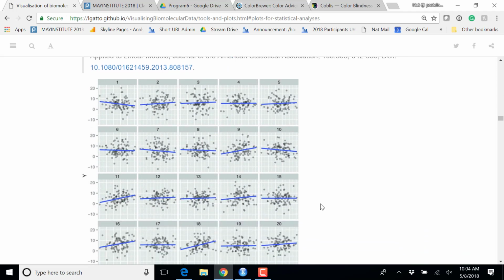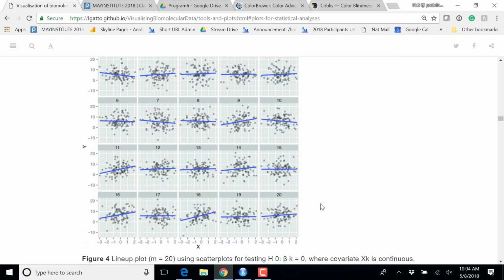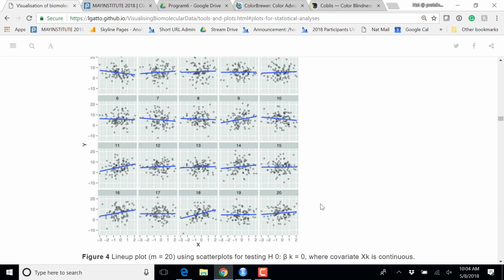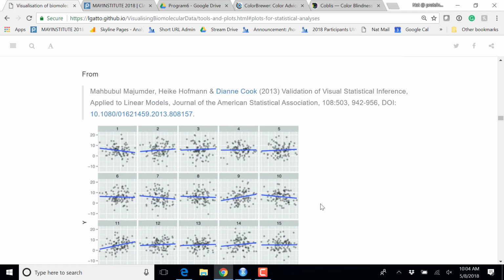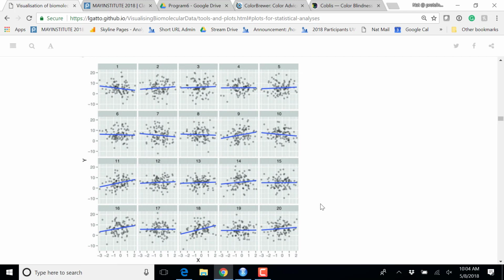But I wanted to talk about this very interesting concept by D. Cook that is treating the plot as a statistic. So we have seen regressions or linear models just before. And this is a data set, and actually I don't know what this data set relates to. But basically they were looking at the correlation between two variables, and they did a regression, and maybe some of the original authors thought, oh, there is an interesting trend